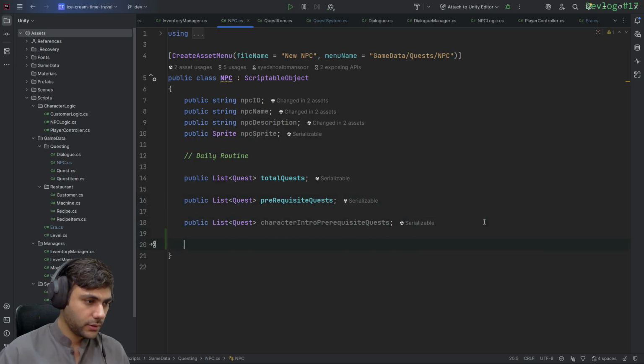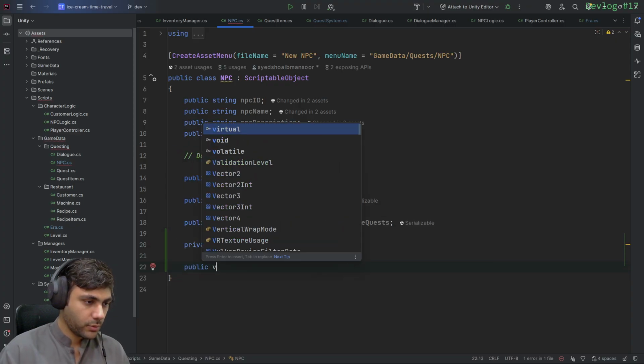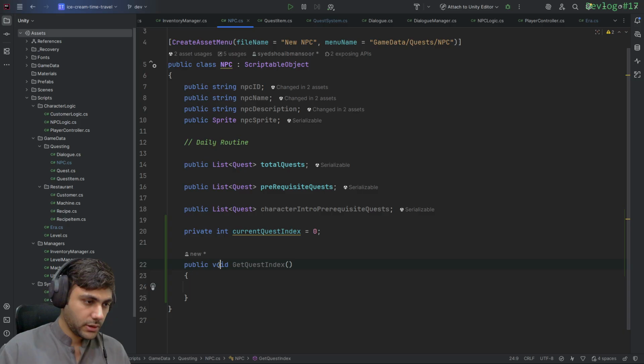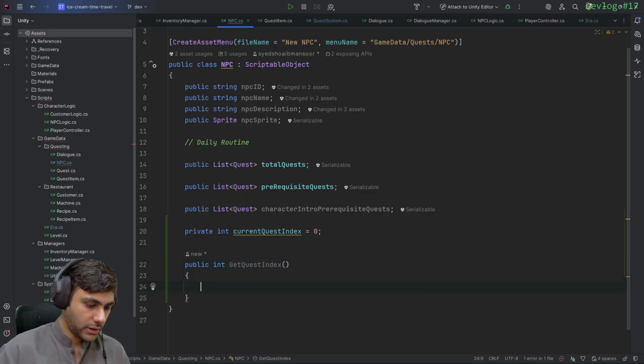How about I do something like private int current quest index equal to 0, public void get quest should be teacher and return